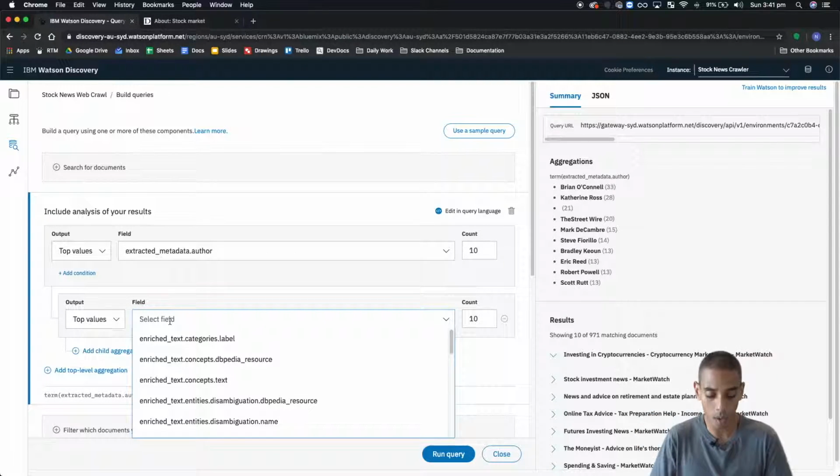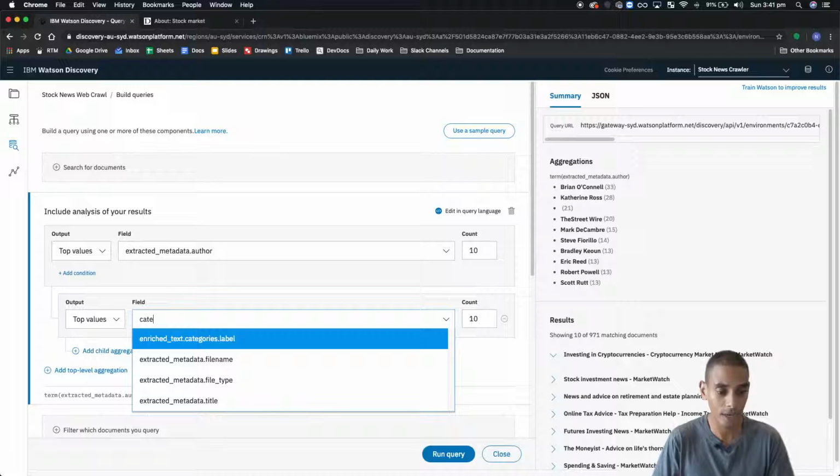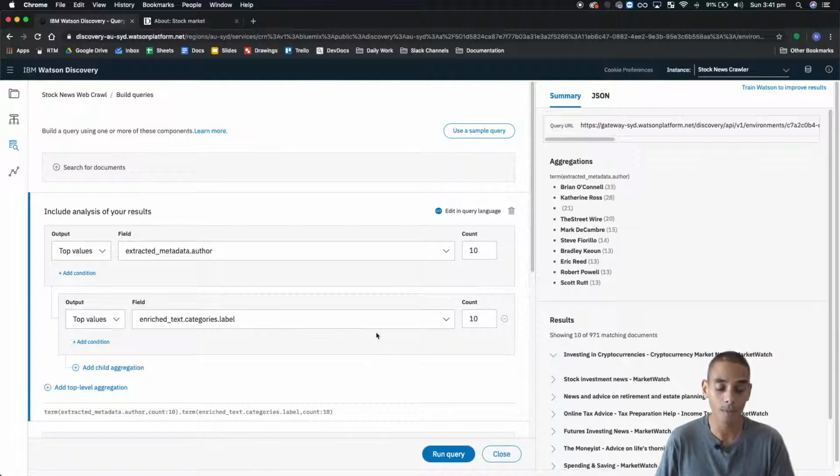In this case, what we want to do is type in category. So we want to get the category label, and this will give us each of the categories that these top authors are writing about. So if we hit that,